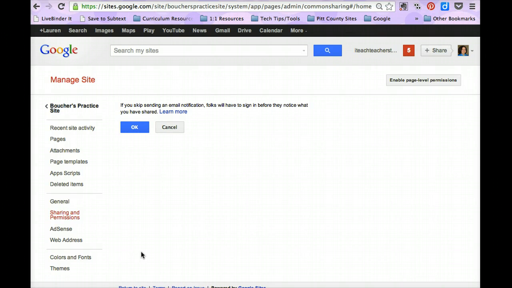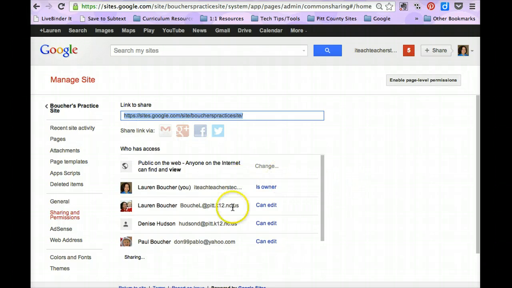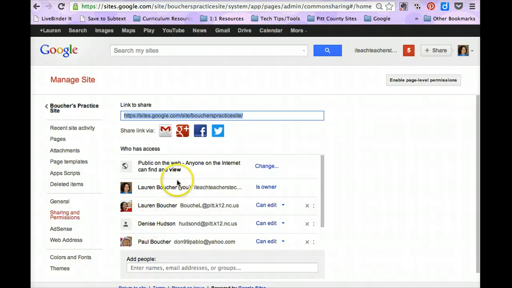If you don't send them a message, Google's going to let you know that they're going to have to sign in to the website before they notice that they can edit it. That's fine. This is just for practice. It's thinking. Alright, so if you want to change your overall site settings, you can come over here to the